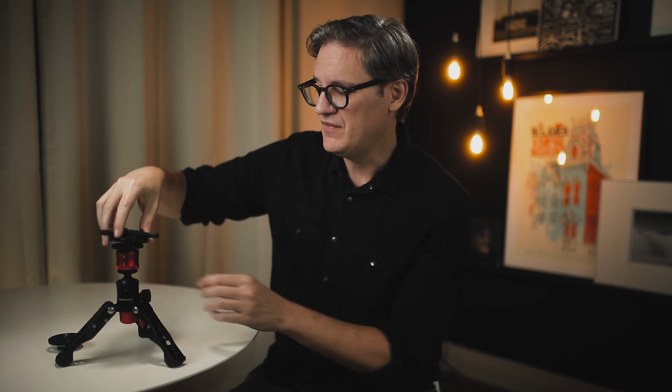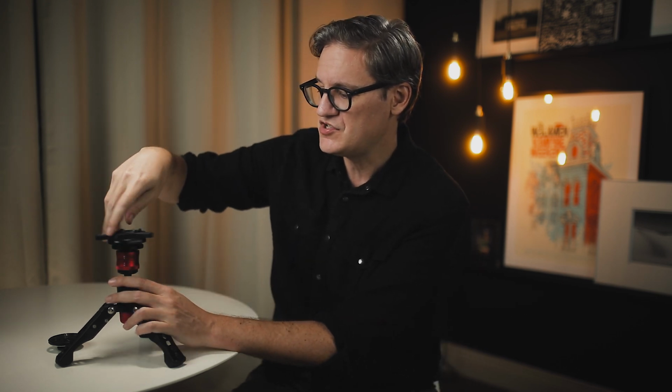So to start, what you do is you just take the base plate here, and this is a 3/8 of an inch thread on the bottom, and you just thread this onto the top of your tripod. And then, I actually forgot something. Okay, so then once you have the base attached to the top of the tripod,